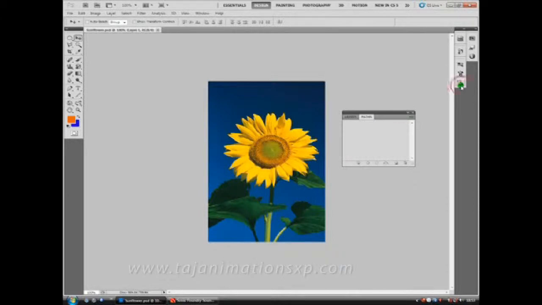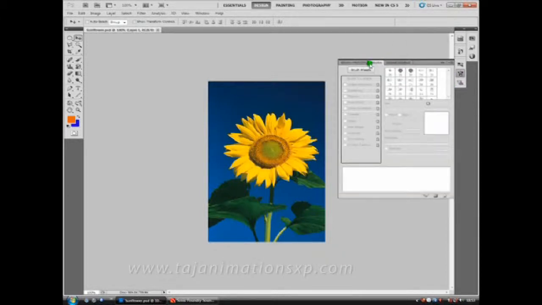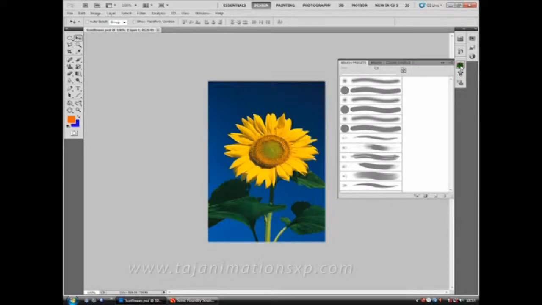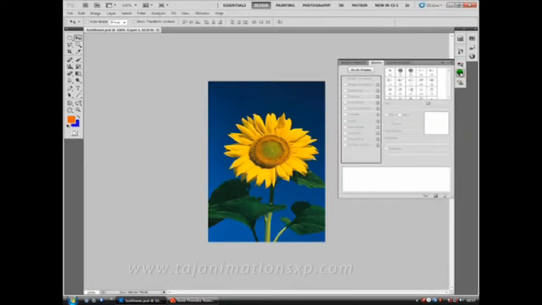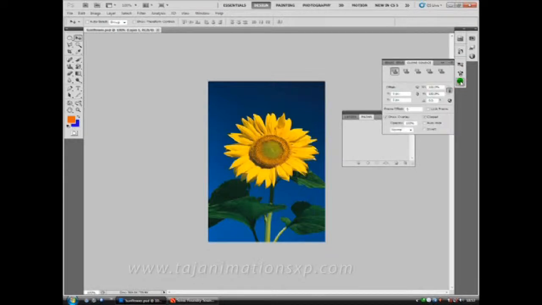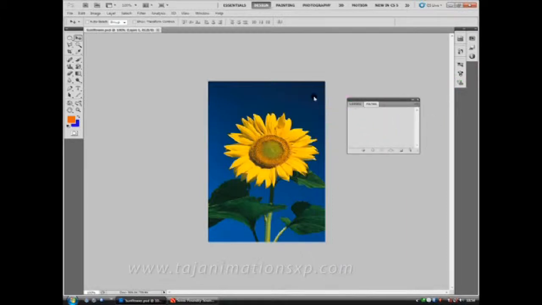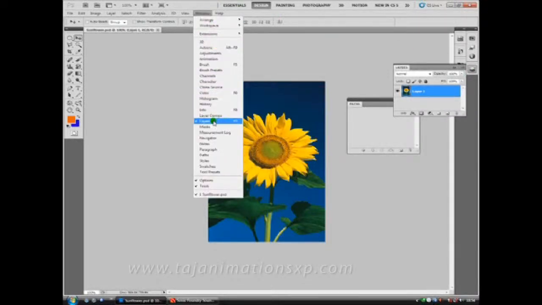We can also dock the palettes in the palette well. From the palette well, we can access the palettes by clicking on the corresponding icon, and also we can expand and collapse by clicking on its icons. So if we want to dock a palette into the palette well, just open the palette and hold and drag it over the palette well, and place it wherever you want in the palette well. So the layers palette is now docked into the palette well. So we can access it from here and also from the Window menu.